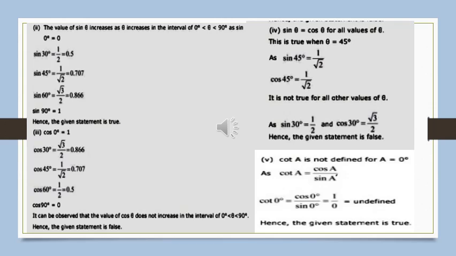So like this, dear students, any questions based on these specific angles, 30, 45, 60, 90, you can solve if you know the table very well. So what is your work? Your work is to learn by heart the trigonometric table of some specific angles, starting from sin up to cot, means all ratios and particular angles, and the values you have to learn by heart.